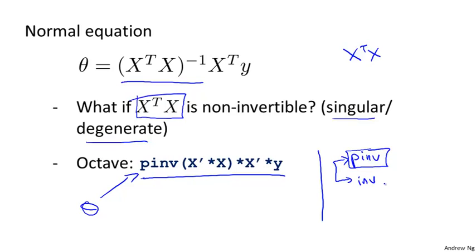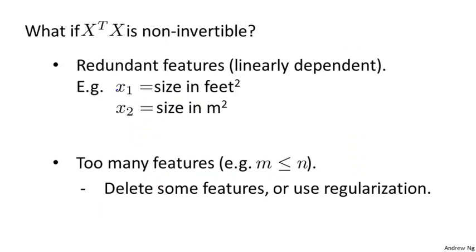But in this optional video, I'll try to give you a little intuition about what it means for X transpose X to be non-invertible, for those of you that know more linear algebra and might be interested. I'm not going to prove this mathematically, but if X transpose X is non-invertible, there are usually two most common causes. The first cause is if somehow in your learning problem you have redundant features. Concretely, if you're trying to predict housing prices, and x1 is the size of the house in square feet, and x2 is the size of the house in square meters, then 1 meter is equal to 3.28 feet,